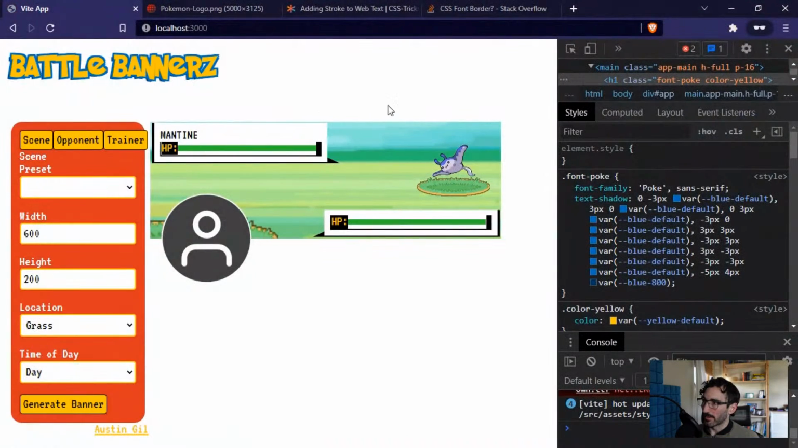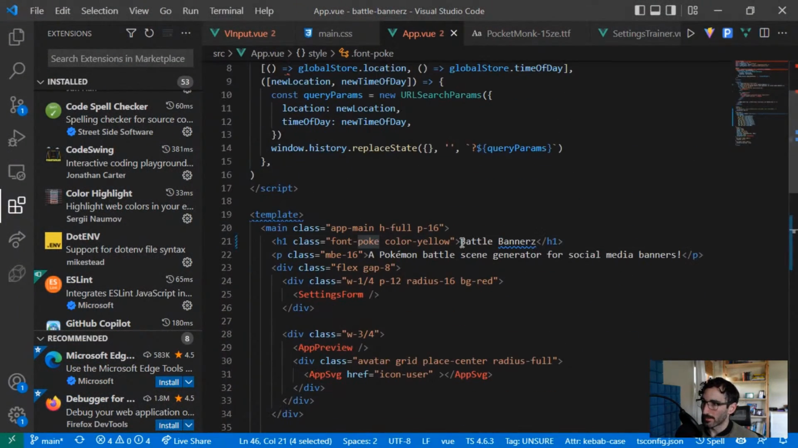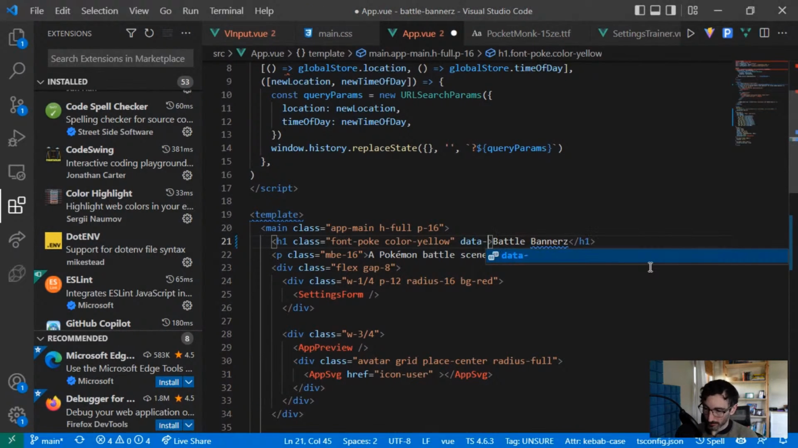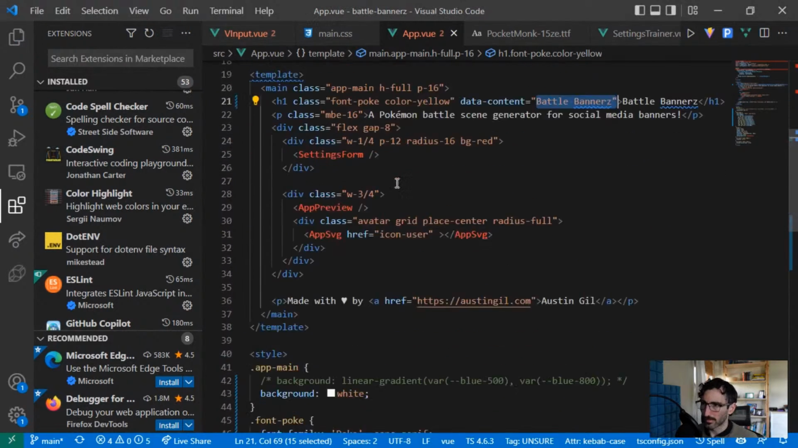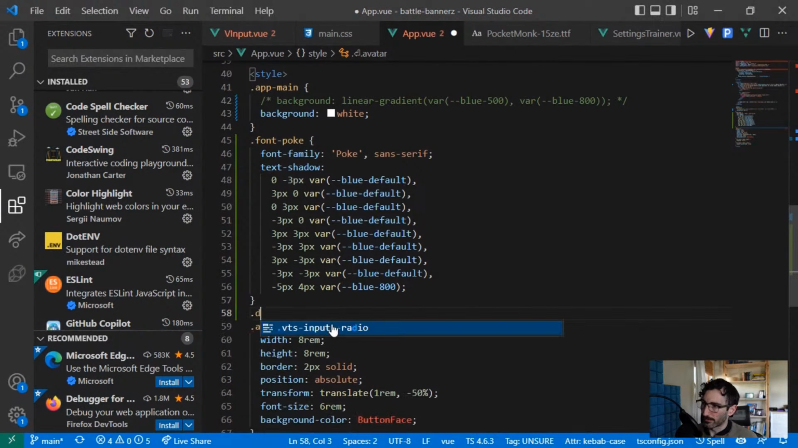So what I'm going to go with is, this is the solution I'm going to go with. We're going to go with taking the text and copying that onto a data property. Which we technically don't need to do, but this will hopefully make a little bit of sense in a moment. And we're going to go with the font-pokey before, or maybe after,